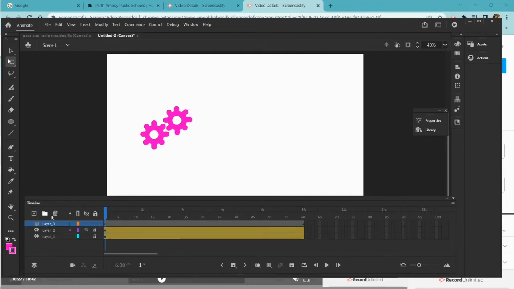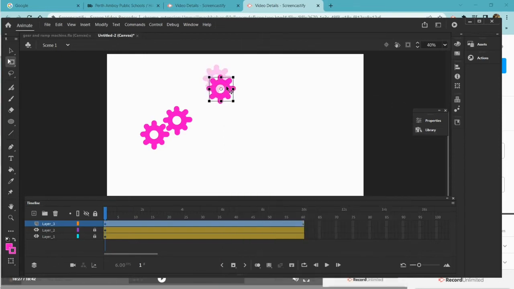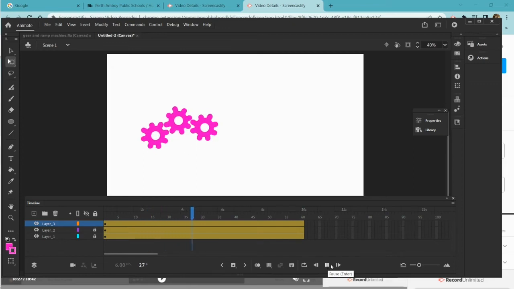I'm going to add a new layer, and in this new layer I'm going to grab gear 1. Right click, create motion tween. And you can see how the gears move together. Each gear next to each other has to move in the opposite direction, because as one gear pushes down on another gear,